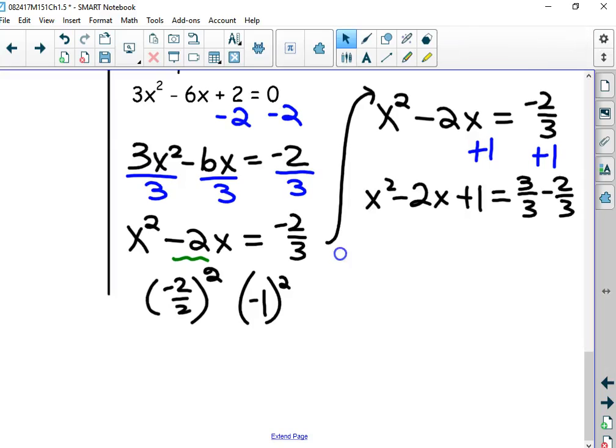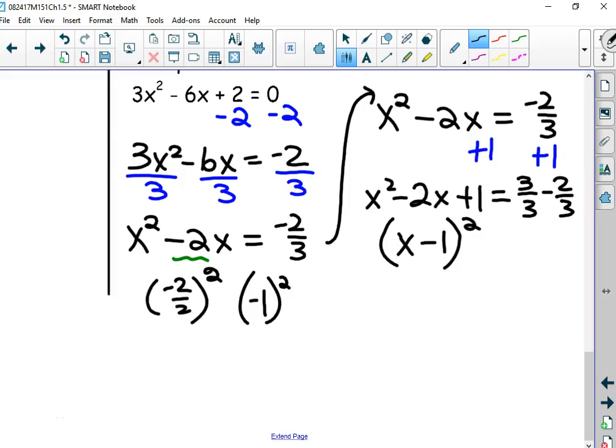Okay, on the left-hand side, the reason we completed the square is so we can write this as x minus 1 all squared. And on the right-hand side, we're just going to finish that fraction where we get 1/3. The reason we do this is now, by square rooting both sides, we'll get x by itself, and we can't possibly solve for x squared and x if we don't do something like this. So square root, remember when we're square rooting a number, it's plus or minus. And we get x minus 1 equals plus or minus